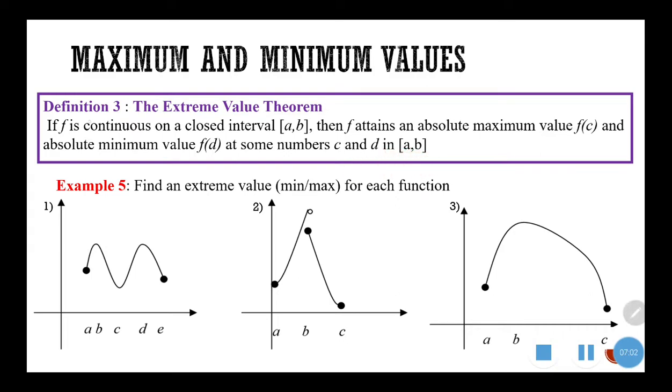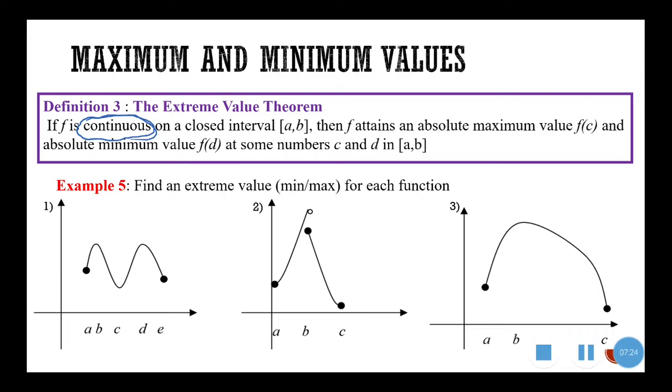The keyword here is that we have to make sure that the function is continuous. So if the function is not continuous, it doesn't meet the criteria for an absolute maximum and absolute